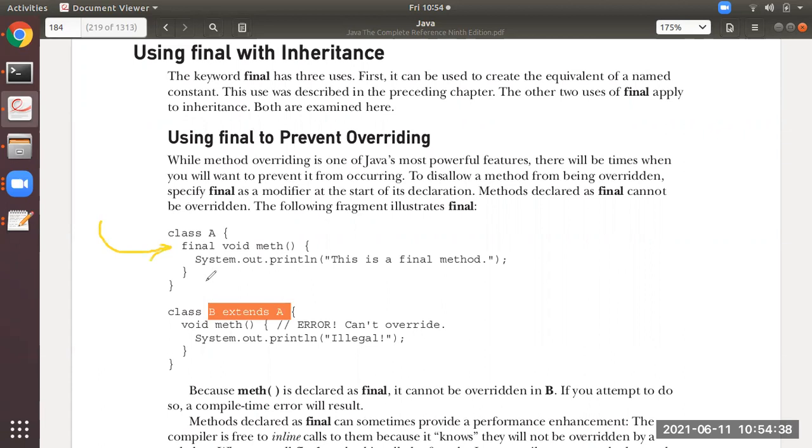So when this is applied, what will happen is method overriding. As we know, in method overriding, the parent class and child class, super class and subclass, will have methods with the same name. So that cannot be allowed. That means the method cannot be overridden in the child class. You can see the comment also here. So this is one advantage, one use or one application of the final keyword in method overriding.